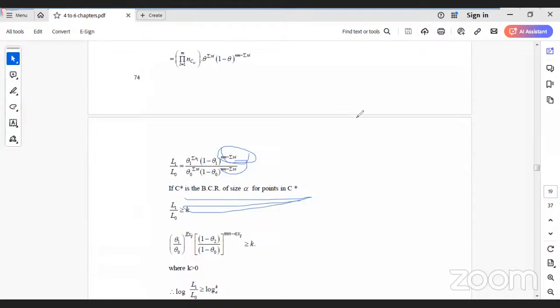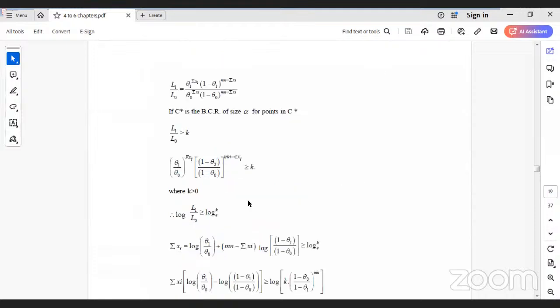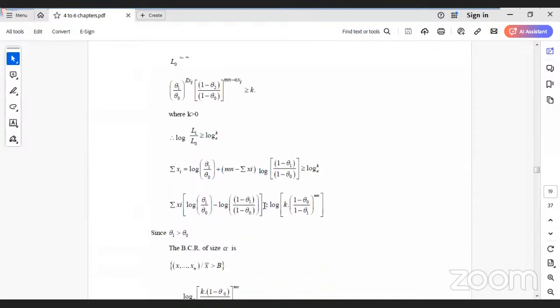See here. So therefore (theta 1 by theta naught) power summation of xi, (1 minus theta 1 by 1 minus theta naught) power mn minus summation of xi. If we can prove that condition, where theta 1 is greater than theta naught, then log L1 by L0 is greater than or equal to log e k. Simplifying, summation of xi log (theta 1 by theta naught) plus (mn minus summation of xi) log ((1 minus theta 1) by (1 minus theta naught)) is greater than or equal to log e k. Summation of xi times (log theta 1 by theta naught minus log (1 minus theta 1) by (1 minus theta naught)) is greater than or equal to log of k into (1 minus theta naught) by (1 minus theta 1) into mn. So since theta 1 is greater than